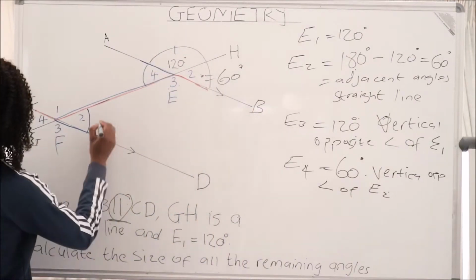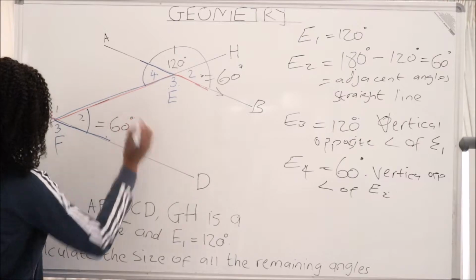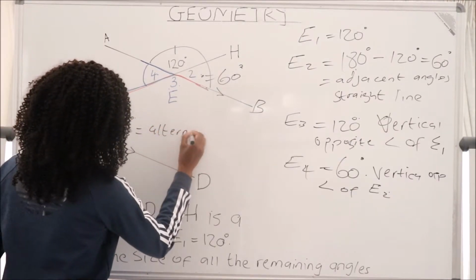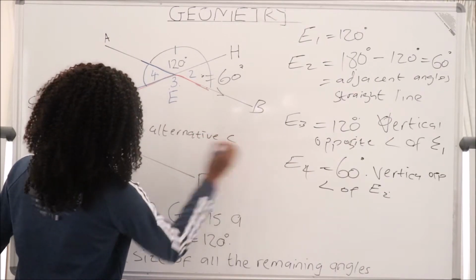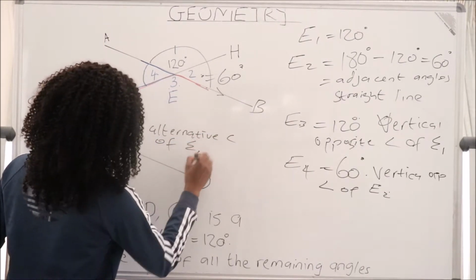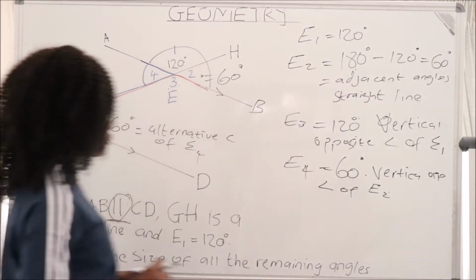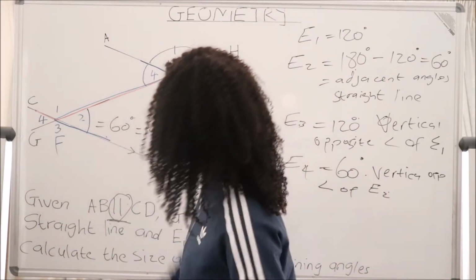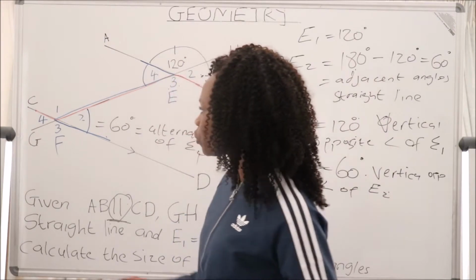So now that we know that they are equal, it's 60 degrees in here, and the reason is because it's an alternative angle of E4. That is the value of F2. And then moving on, now that we have 60 degrees for F2, what we need to do to get the values of other points is